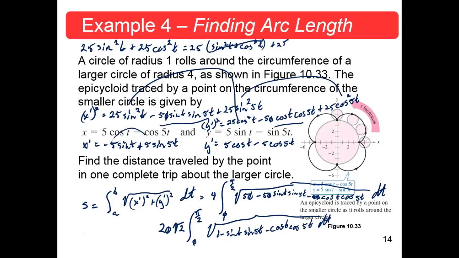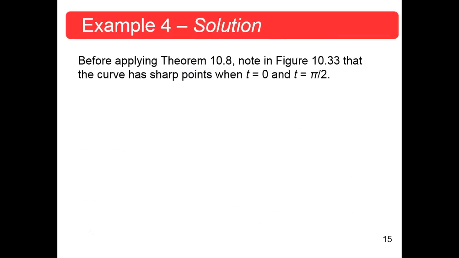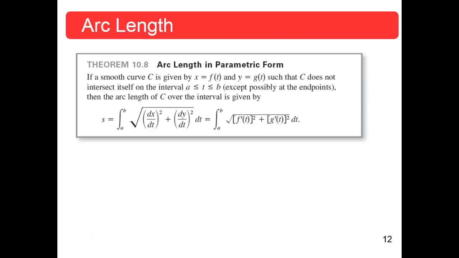And I just don't have any room to work here. Since they're going to do the problem, let me go to that page. What we've done so far is fine. They left the 2 inside the radical. We took it out. And it says, before applying the theorem 10.8, and by the way, let's go back to 10.8, and it said,